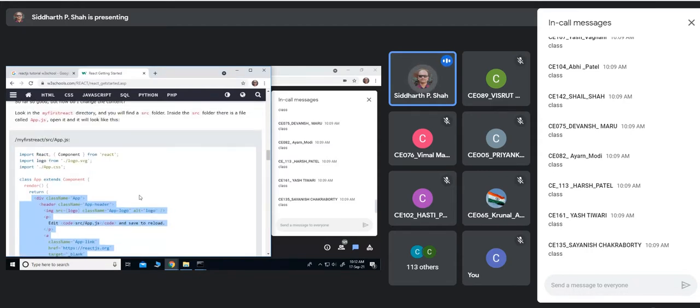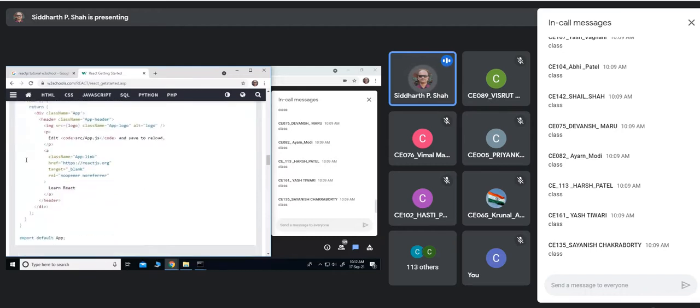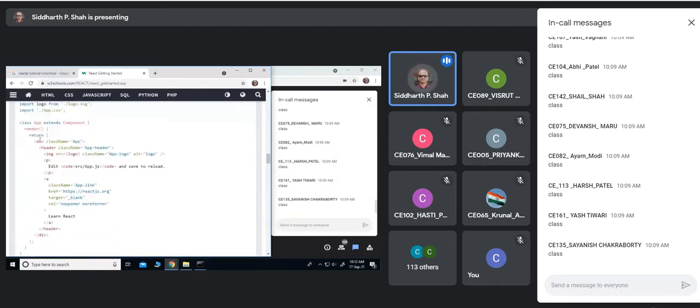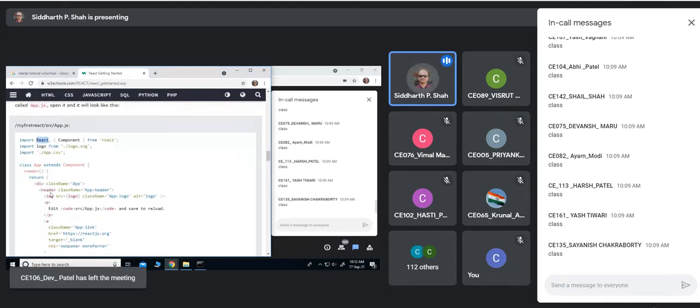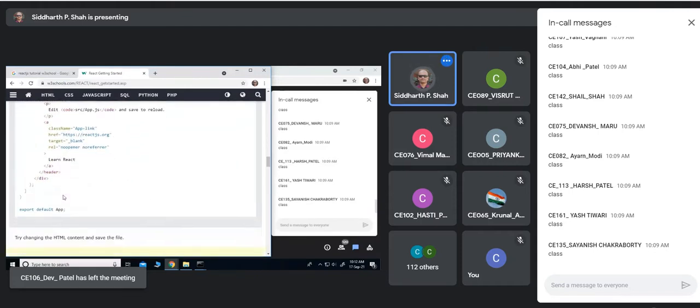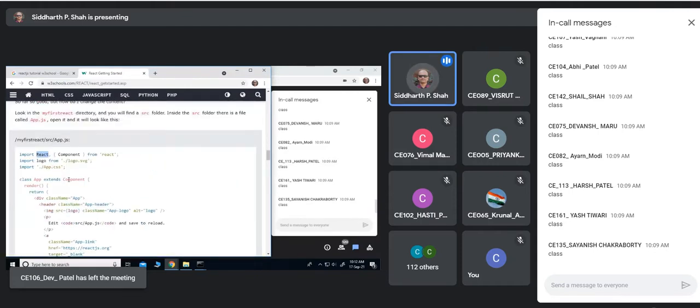That is why we are also importing React, though we are not directly using React here. When you write JSX syntax, that gets converted into React.createElement and all those calls where React is used. That is why we are importing it. Component is used directly, but React is not used directly; internally it is used. That is why we need to import it.